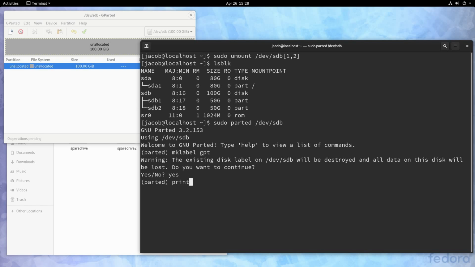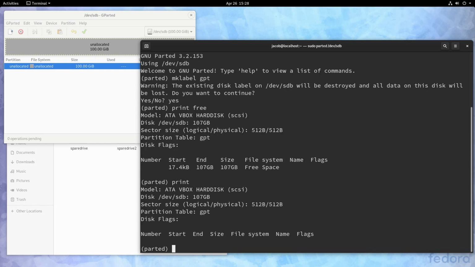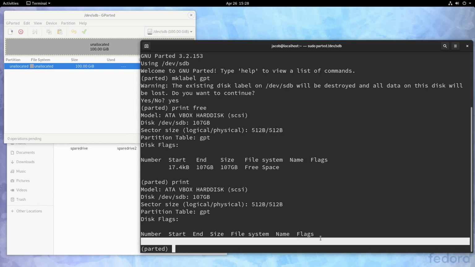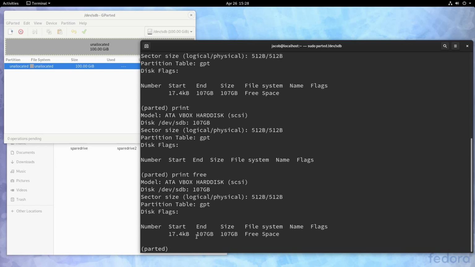Now we're going to run print free, and this is going to print out all of the partitions on the system, including free space. If we just run print, it's not going to include free space, which tells us that there are no partitions on this disk, but it's not helpful if we want to see how much space we have to make partitions. So we can run print free to see we currently have, Parted detects this as a 107 gigabyte drive. I think I've talked in a previous video already about why the different units don't always match up. And like I said, that's going to become important here in a minute, but I'll wait until it all breaks to explain. We're going to run mkpart to make a new partition.